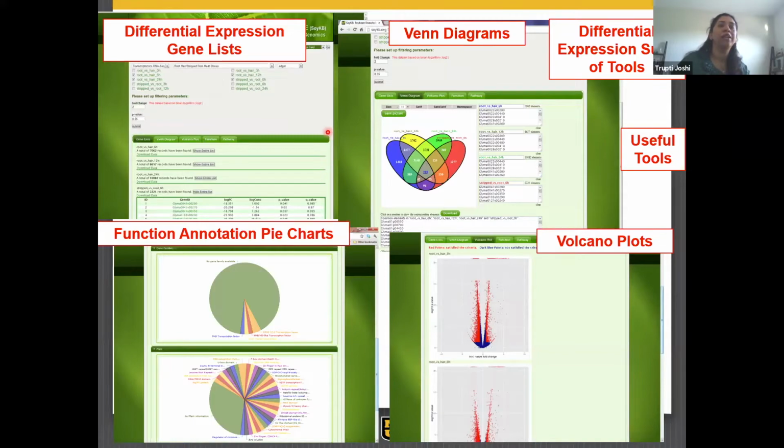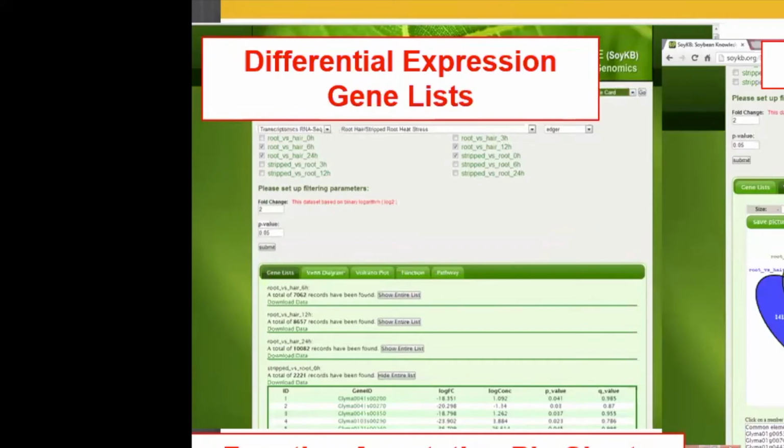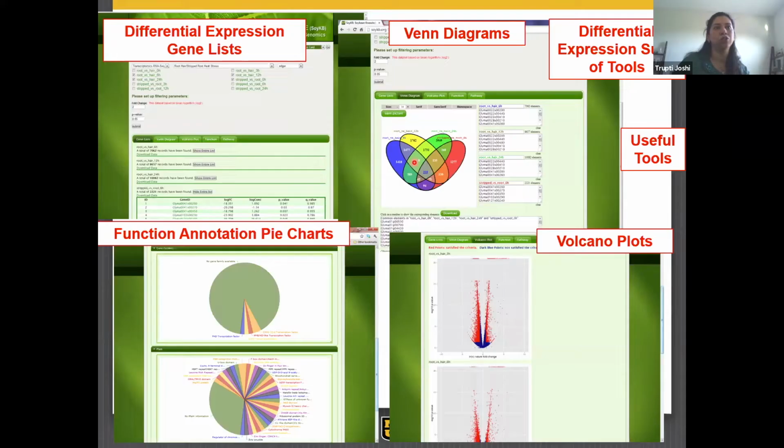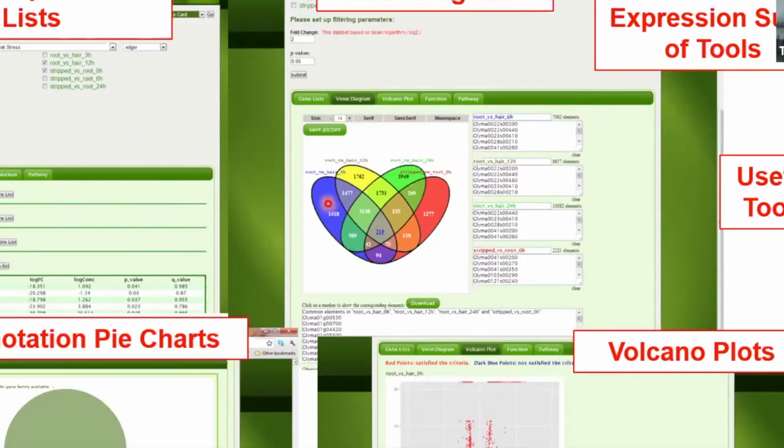The most common and a very well utilized tool is this differential expression suite of tools for transcriptomics data. The same thing works for proteomics as well. You can decide which data sets you want to integrate together or select and do a comparison. You can do 4 at a time. And so you'll see here, it gives you in a Venn diagram an overlap between things that might be common or uniquely changing in each of these comparisons.